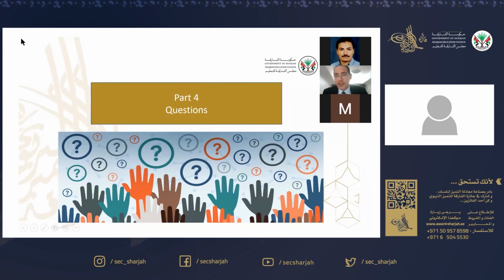What is the weight of this evidence? If it is a certificate and this certificate is stamped, it will be heavier than, for example, a photo. So the answer is yes, one evidence per indicator is enough, but we strongly suggest two evidences maximum. Don't go beyond two evidences per indicator or per activity. If you have one, that's fine. If you have two, that's fine. But don't go more than two, I would say.